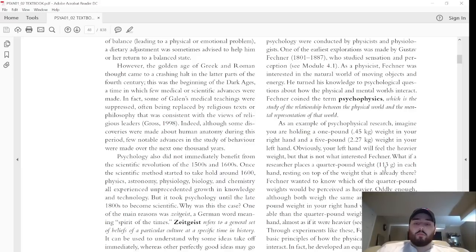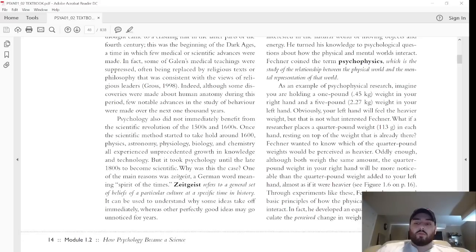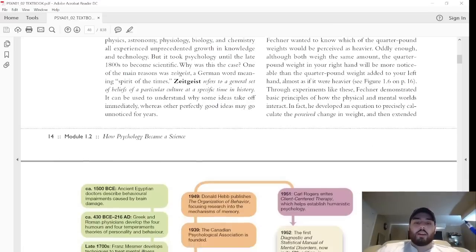Oddly enough, although both weigh the same amount, the 1/4 pound weight in your right hand will be more noticeable than the 1/4 pound weight added to your left hand, almost as if it were easier. Through experiments like these, Fechner demonstrated basic principles of how the physical and mental worlds interact. In fact, he developed an equation to precisely calculate the perceived change in weight, and then extended